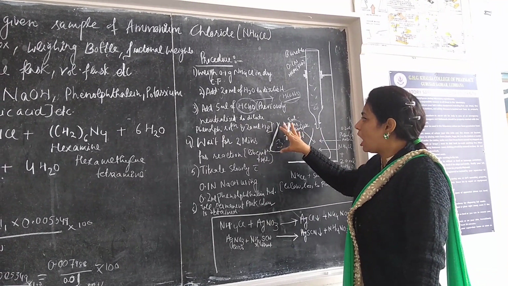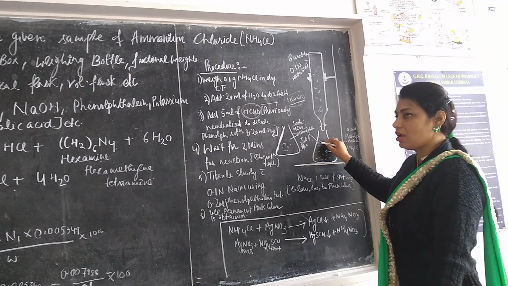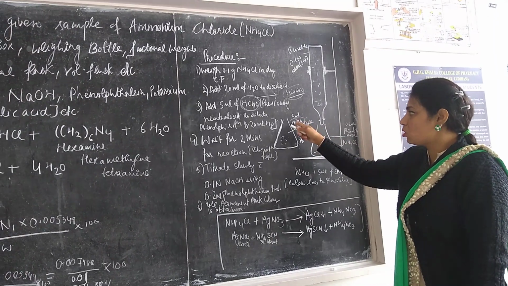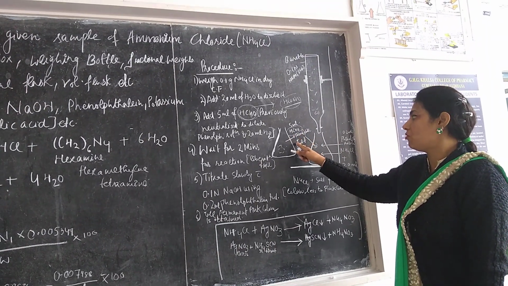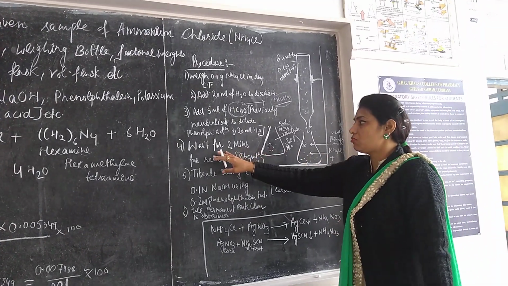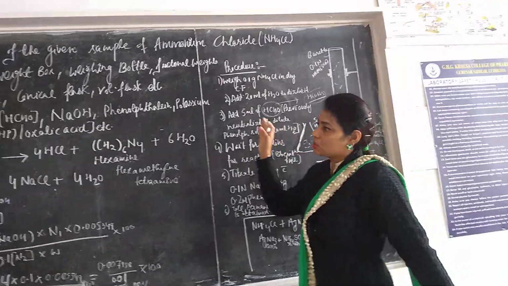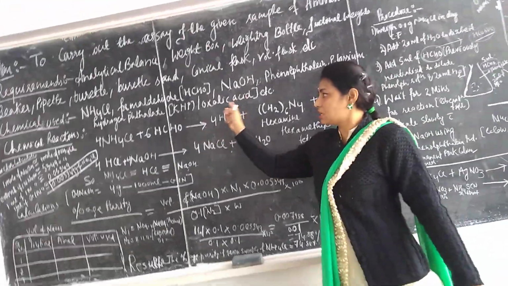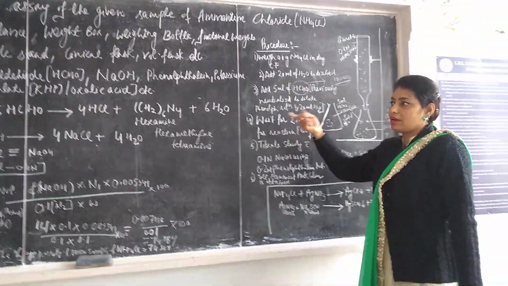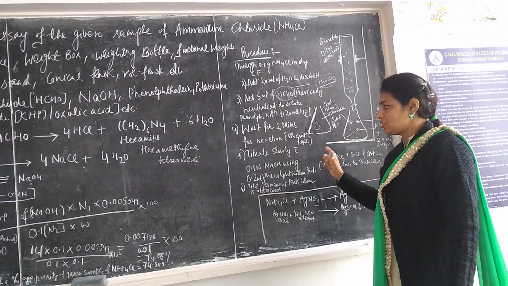first. So after neutralization, we have to add it in the conical flask. We can't directly add our formaldehyde. It needs to be neutralized first with the help of your phenolphthalein along with your water. Then wait for 2 to 3 minutes for the liberation of your HCl. As we know, in the first reaction there is a liberation of your HCl. We need HCl for reacting with our alkali. So here is a liberation of HCl.